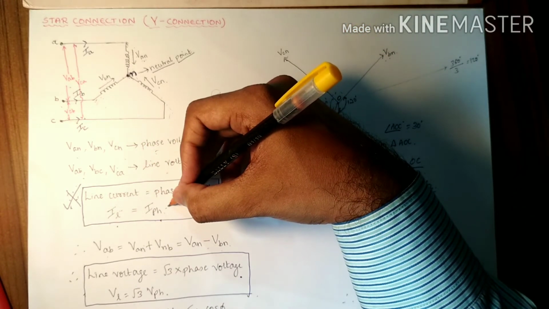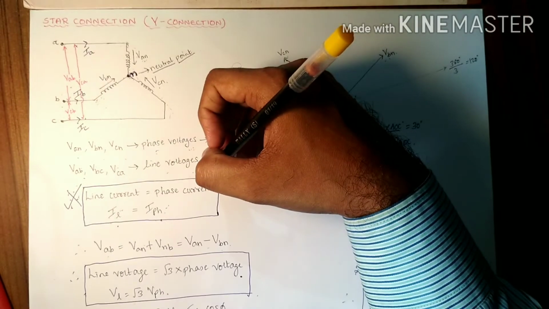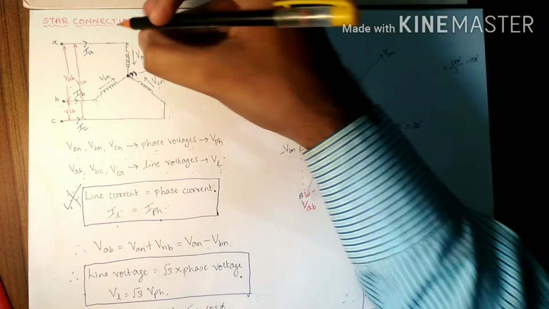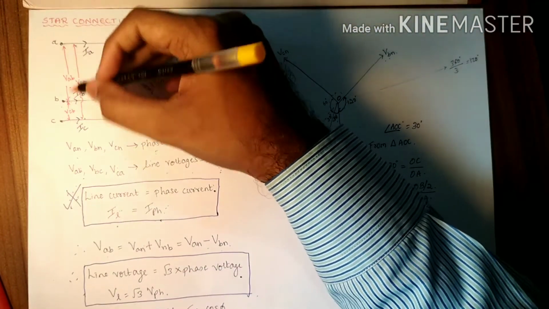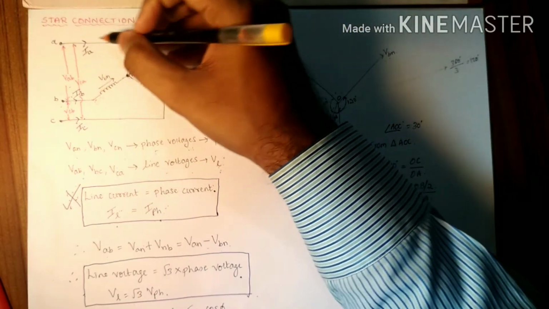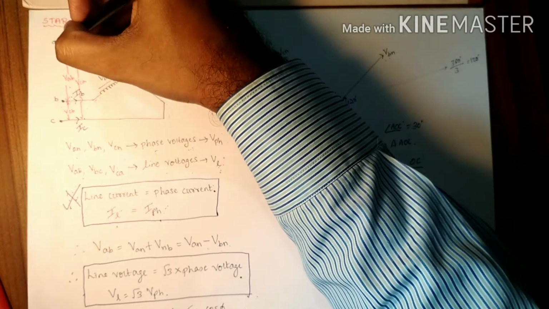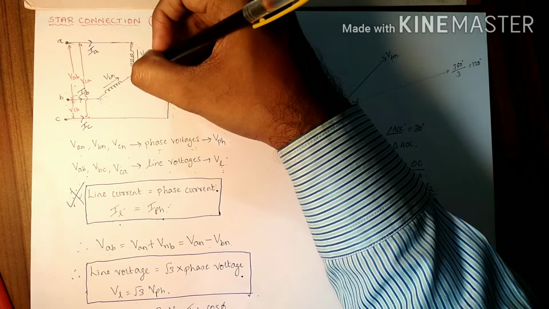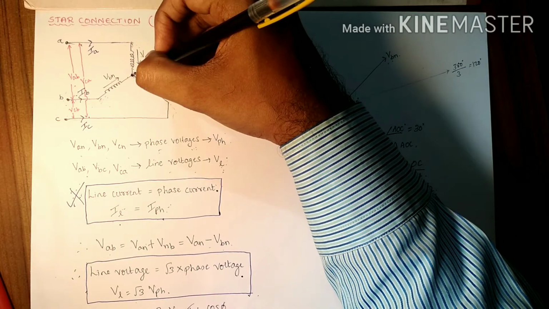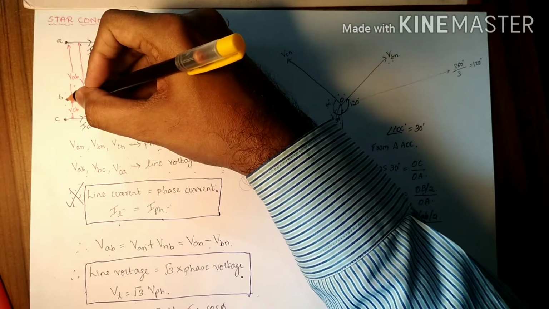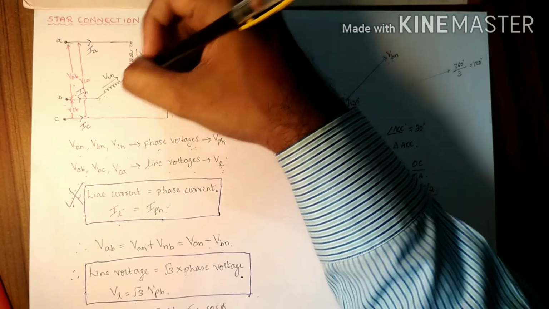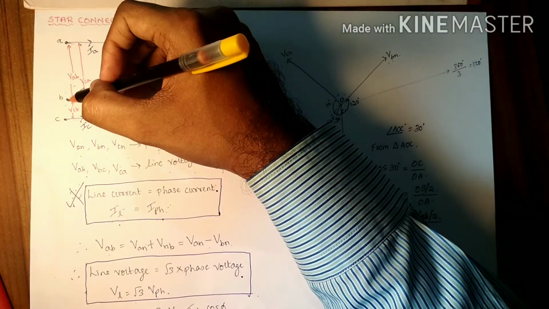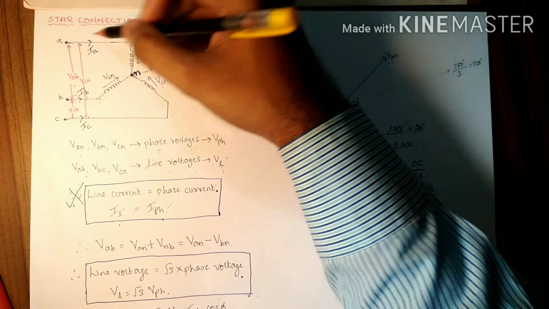Similarly, I got the line current, I need to find line voltage. So now here I need to find VAB. So suppose if I trace the path here, so from A to B, right? So whenever I go from A to B, first I will meet VAN, then I will meet VBN, and finally back to this point. So I will be having two voltages here. So since I need VAB, I must go from A to B.